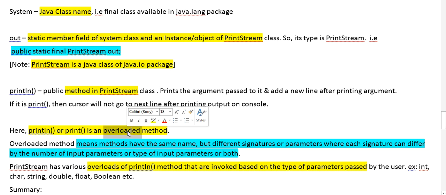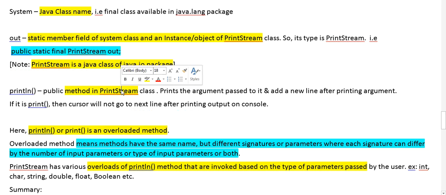It is overloaded for various data types, and accordingly it will be called for various data types and print them, like integer, character, string, or boolean. So it prints the values according to the type of data we are passing in it. So it is an overloaded method in the PrintStream class.